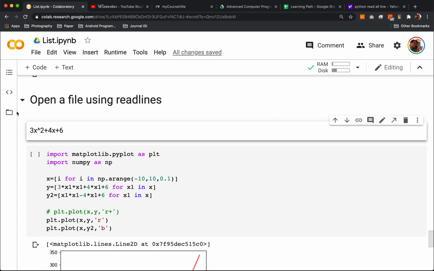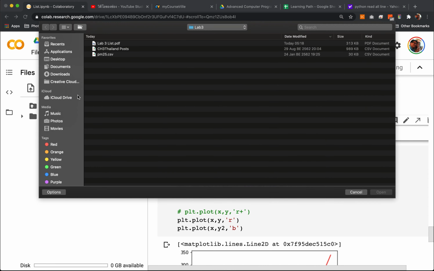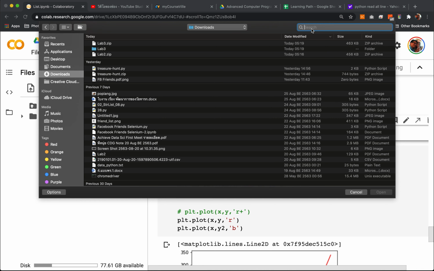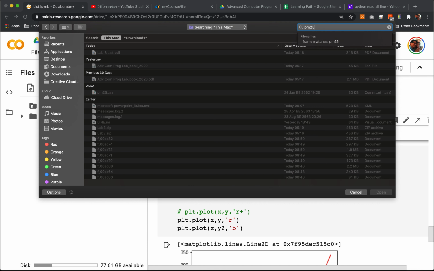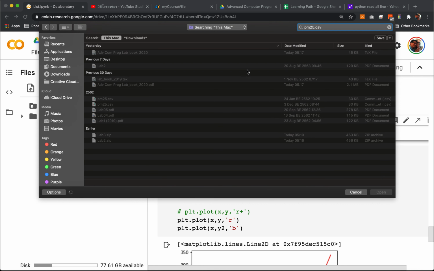Okay, guys. I hope that you can still remember that we have many methods to work with the file. So today I will show you how we can work with the file with the list. Okay, I will upload the file